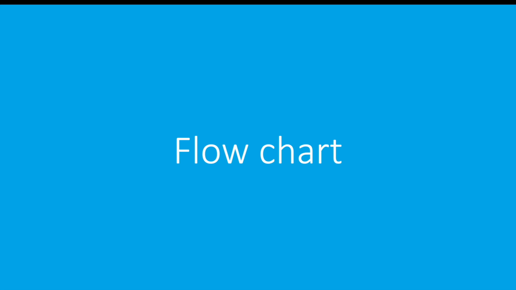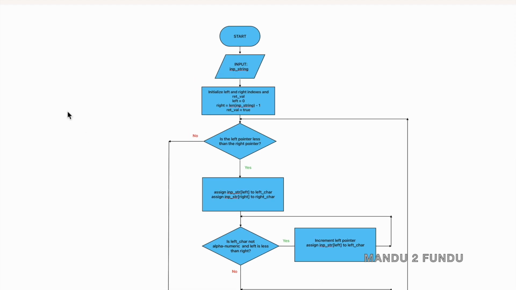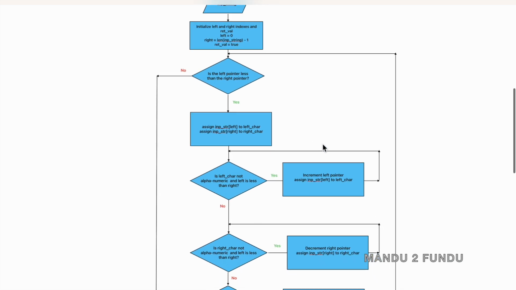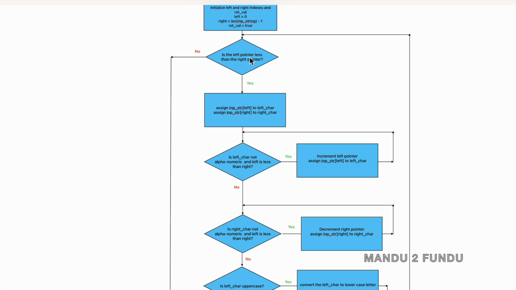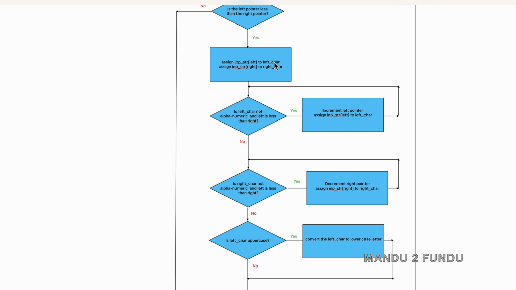Let's look at the flowchart. Input for this procedure is the input string, and initially the left and right indexes and the return value are initialized to the appropriate values. Then we check whether the left pointer is less than the right pointer. That means there are elements still to be processed, so we enter the loop, and we take the characters